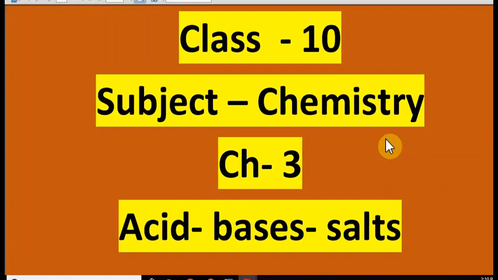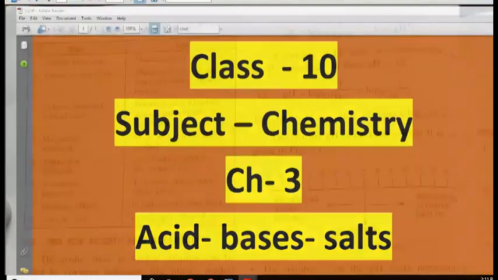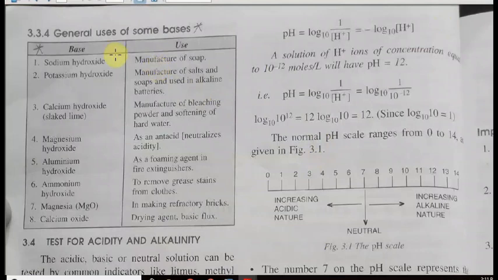Students, continuing with chapter acid base salt which is of class 10 chemistry. We have actually revised the properties and preparation of base. So going to the next point, let's go to the general usage of some base. So I am placing my mouse cursor here which is painted in yellow. Please check some general usage of some base. Now these are the names of bases and these are used. Some common base, please try to memorize the table.